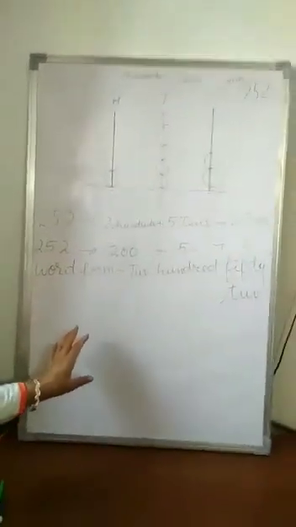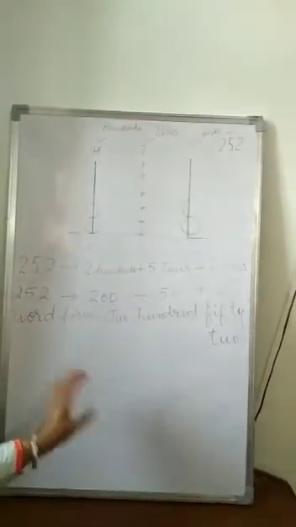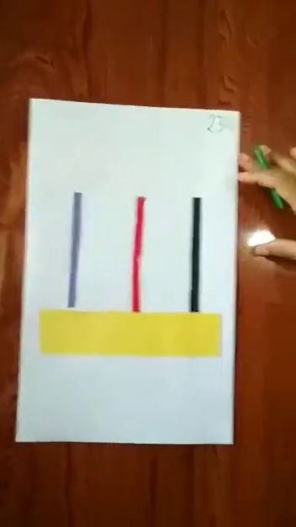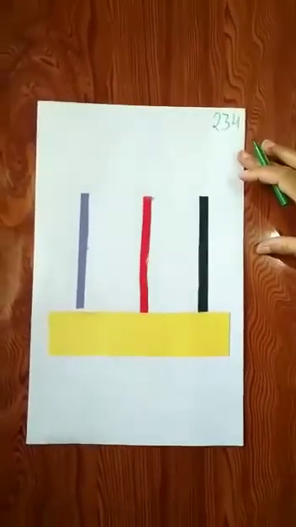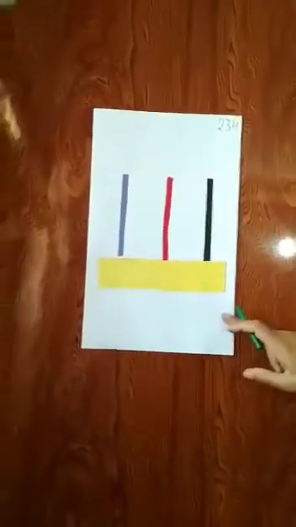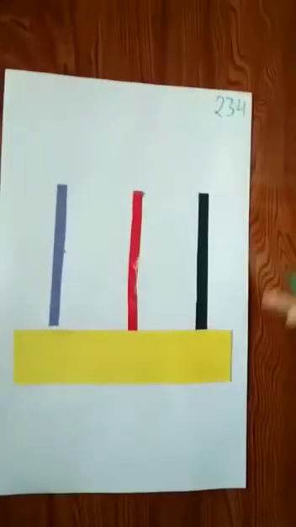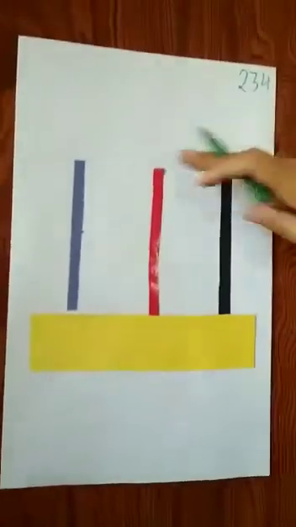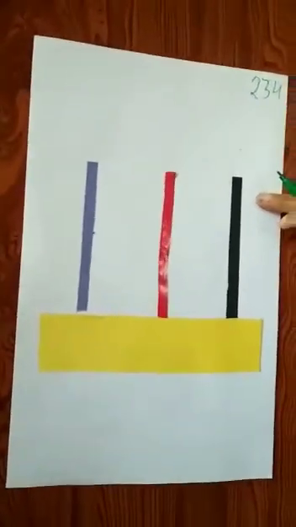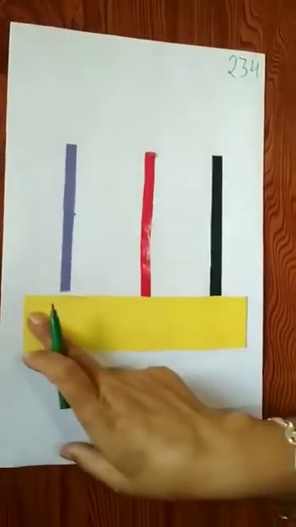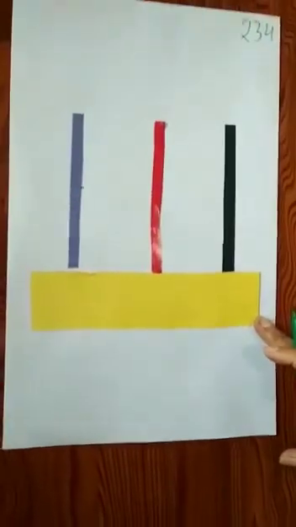Well students, to make this concept more clear to you, now I will be doing an activity with you. For doing this activity of abacus, we require some material. First of all, we require this white sheet on which we are going to show our activity. Then we require some colorful sheets also, from which I have cut these strips. These 3 strips are for showing the spikes and this one broad strip is for writing down the number.